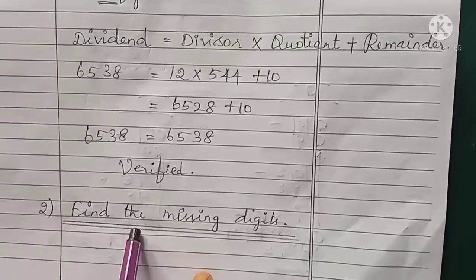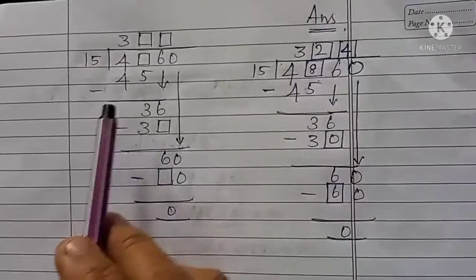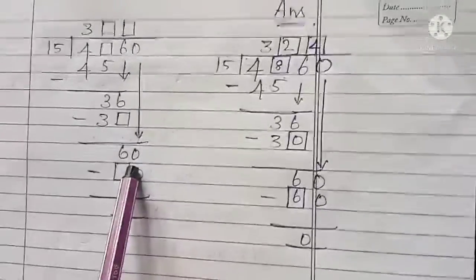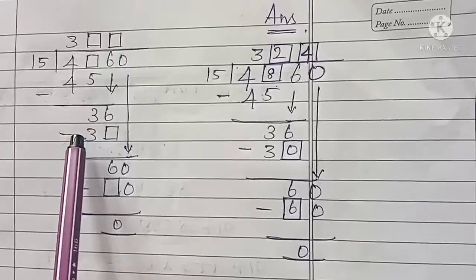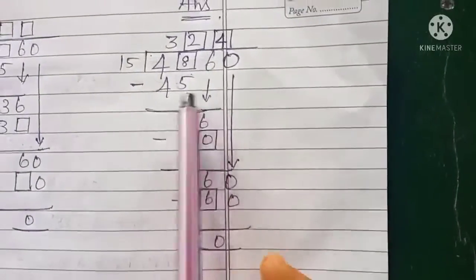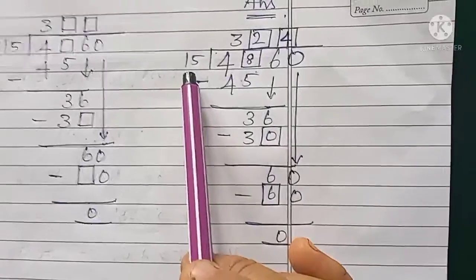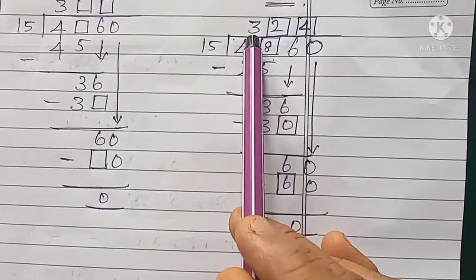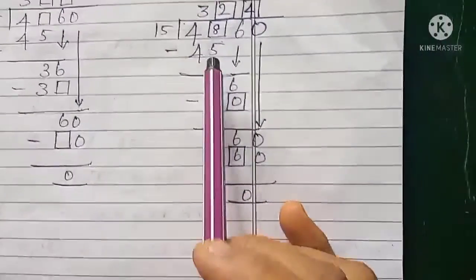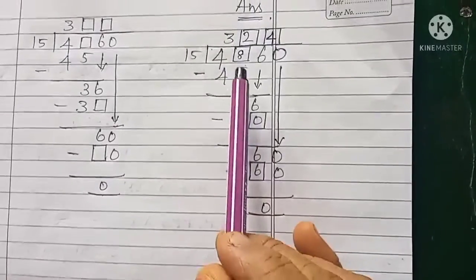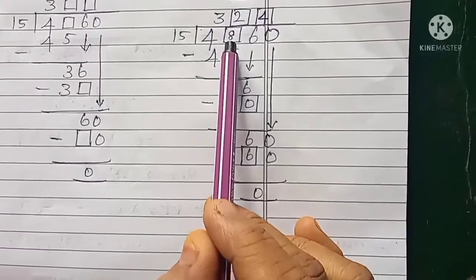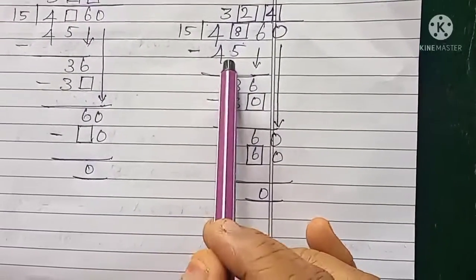Second question, find the missing digits. In this question, we are going to find some missing numbers. So here there are so many boxes. We will find out what is the correct number that will come here. So let us see. Here, my dear children, this is number 15, which is our divisor. This is our dividend, isn't it? So listen to the numbers carefully. On the quotient place 3 has come. So 15 3s are 45. Under that the remainder is 3. So what number will come there? After subtracting 5, you will get 3 as the answer. So here it will be 8. So 48 minus 45 will give you 3.